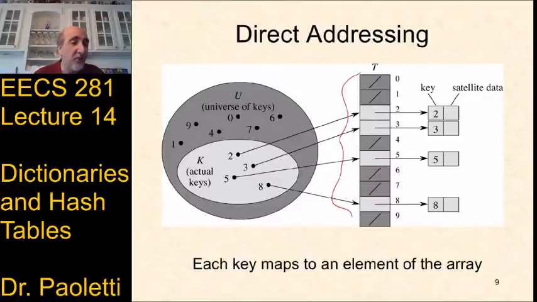The first 10 students are going to get single-digit student numbers, and I can just use your student number to directly address your data. I say, oh, student number 2, hello, student number 2. I go to index 2 in the table. There's your data. Easy to look that up. And when we have 5 students, this gets really easy. But what if we have